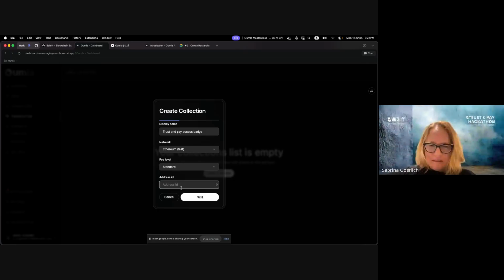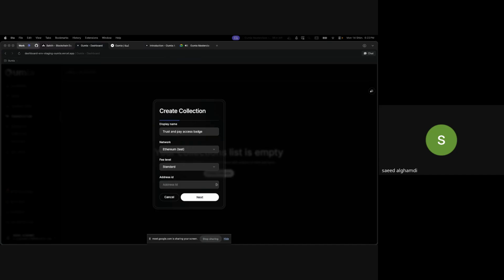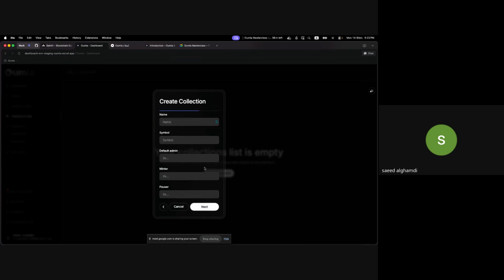Now we need to put in the address ID, the deployer basically. Let's do next. The name will be like the first one. This will be displayed on the Explorer: Trust and Pay.